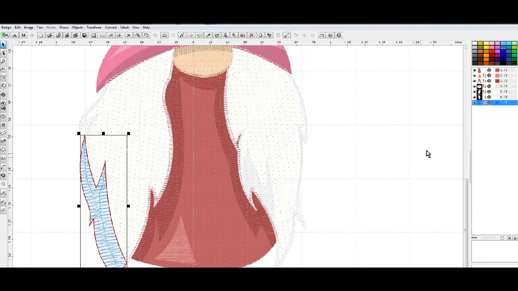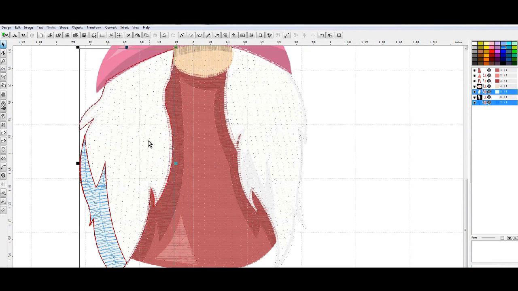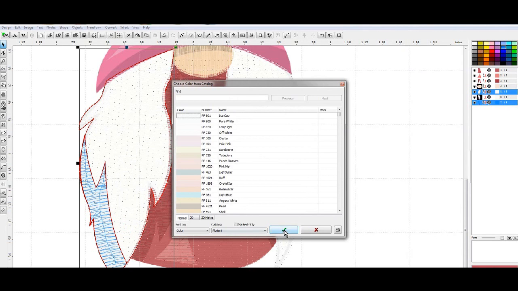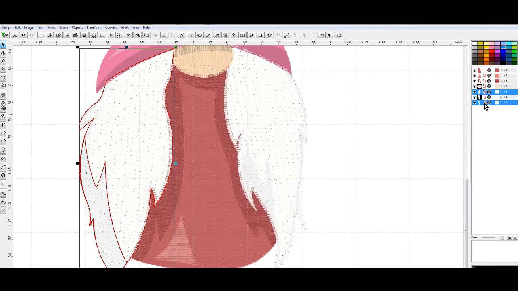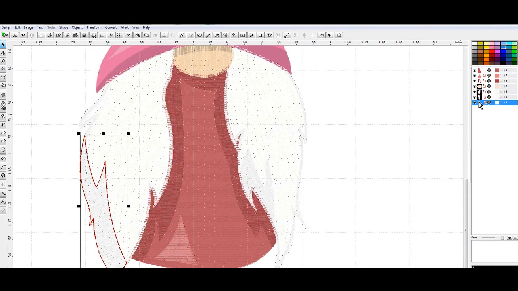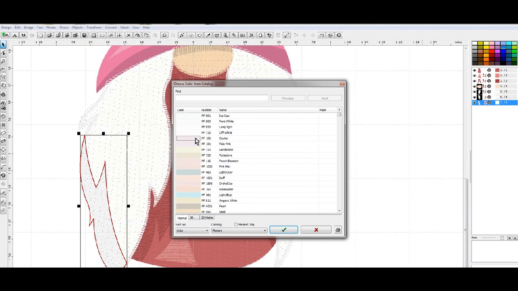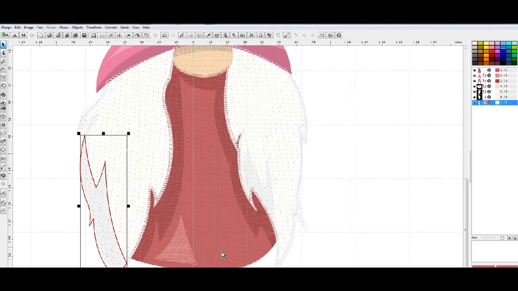Now, since I want this to be fairly close color-wise, I'm going to make it the same color initially, so I can get it in that color family. But then this, I'm going to actually change the color, and I'm going to use this oyster color right here because it's very pretty and it looks